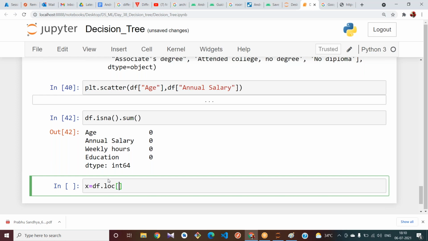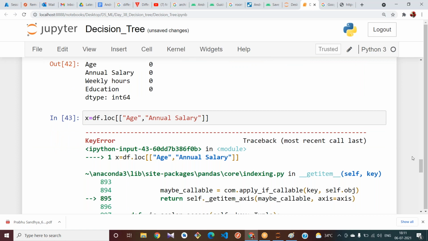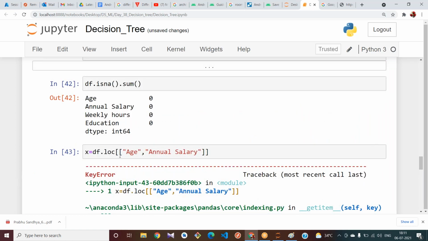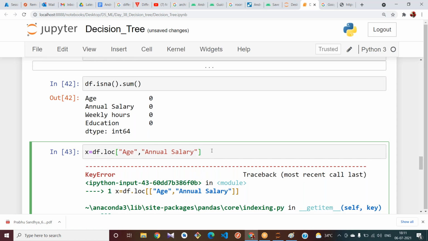So I am using df.loc of age, comma, annual salary. df.loc accepts rows, comma, columns, right?